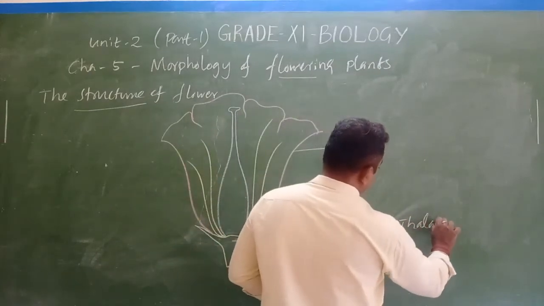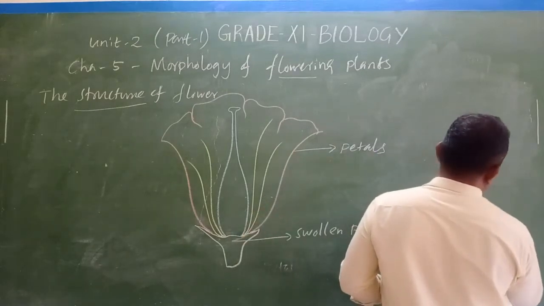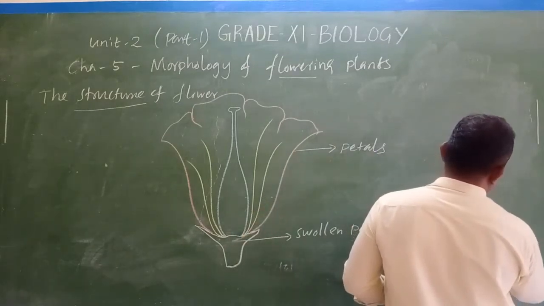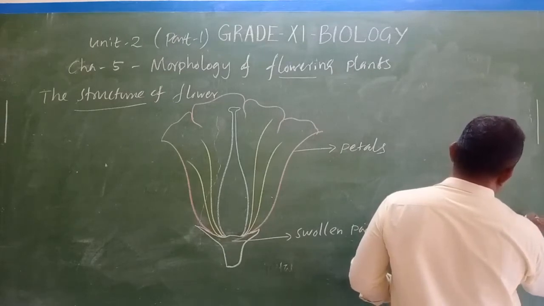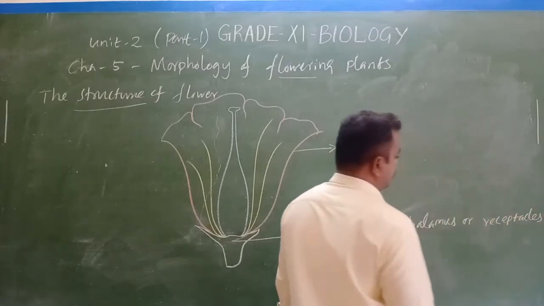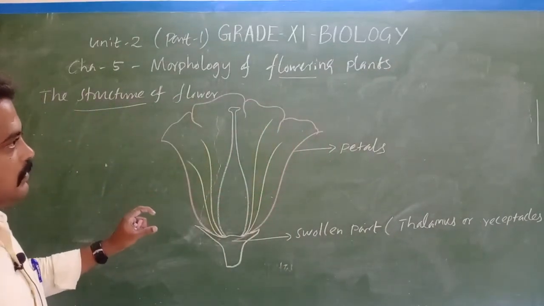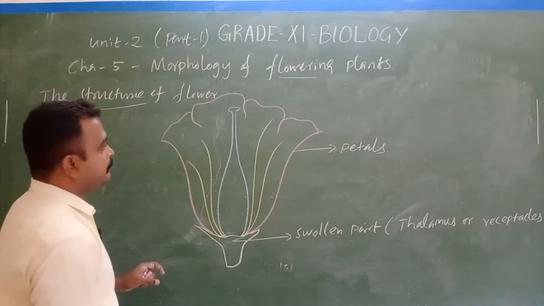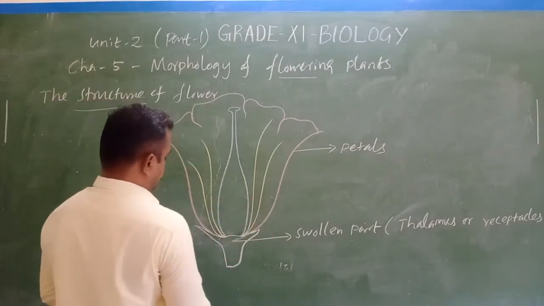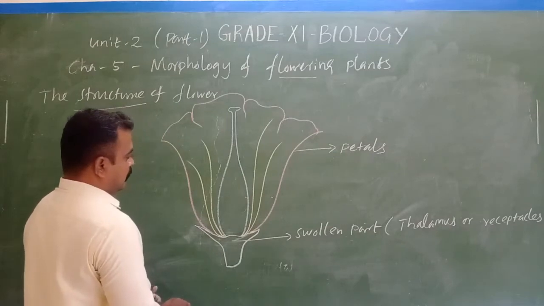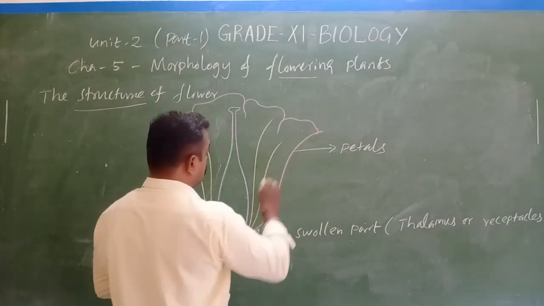thalamus or receptacles. Thalamus or receptacles. So what happened? The flowers are arranged on the petals, and the next one, this is